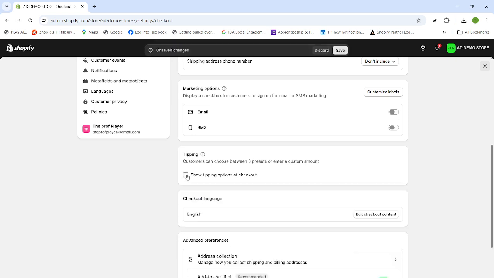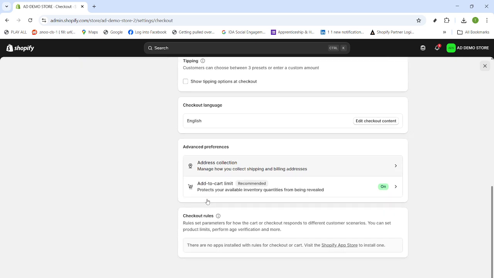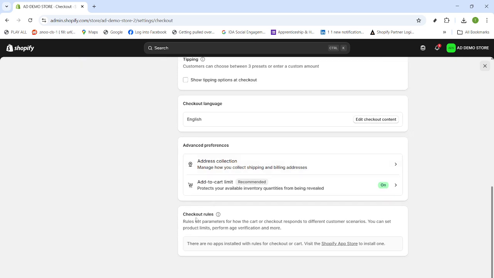Open Advanced Preferences to review additional behaviors and safeguards for checkout. Then go to Address Collection to manage how shipping and billing addresses are collected and validated. Finally, open Checkout Rules to establish any rules that govern the checkout process, keeping your policies consistent and enforceable. That's it. Your Shopify checkout